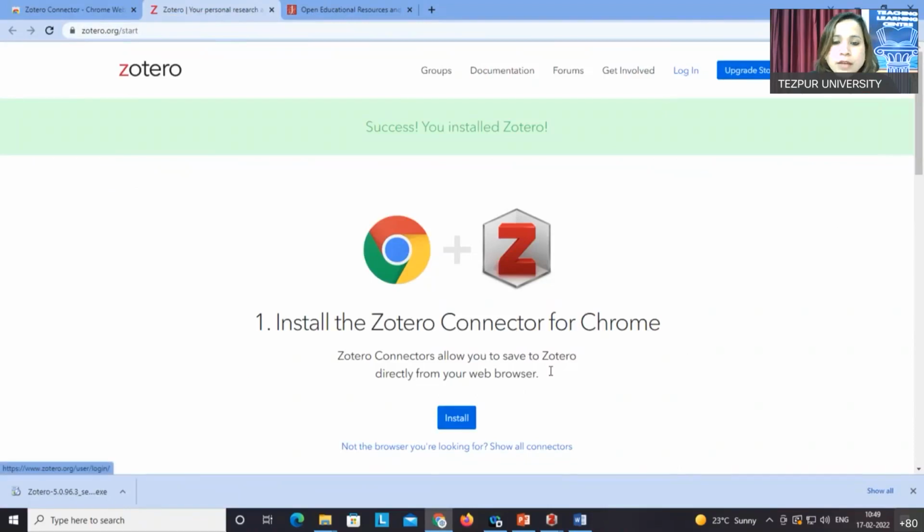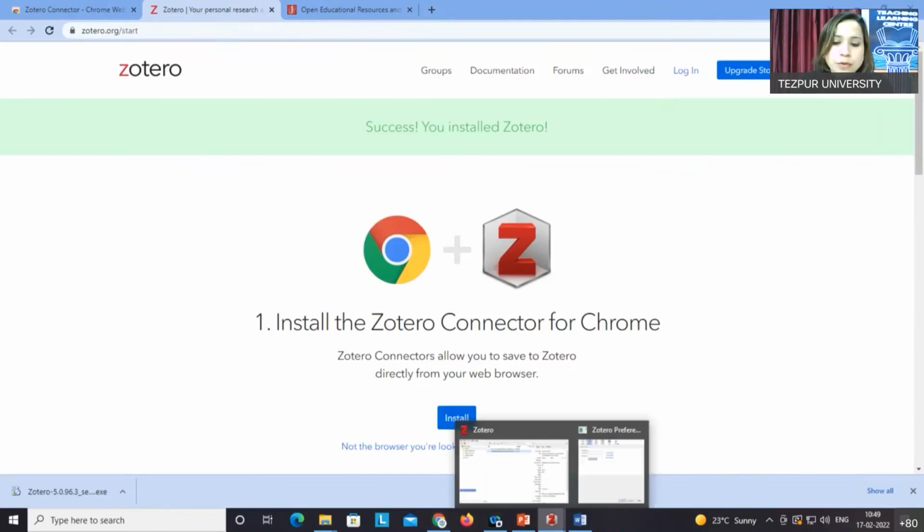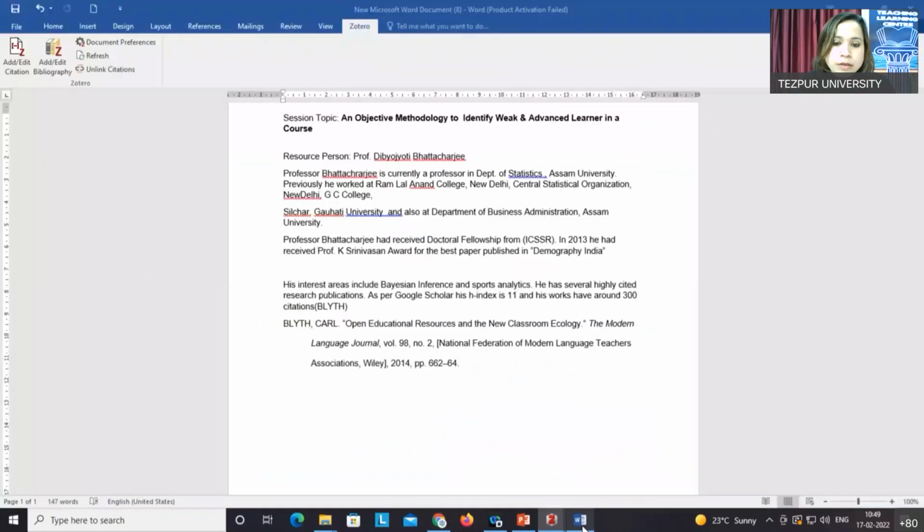By logging in to the Zotero platform, you can synchronize every folder or every research article publication that you save in your library, and it will be saved in the cloud version. So the next one is, if you do not find the Zotero